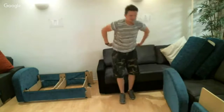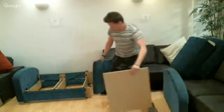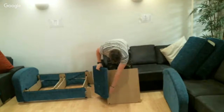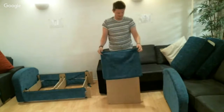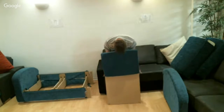So the last step is the back support board. So this is what goes inside the back of the sofa. So you have a piece of wood with two little cutouts at the end. You'll have a small envelope piece of fabric with a bit of foam inside. So again with this, you just slide it onto the board,